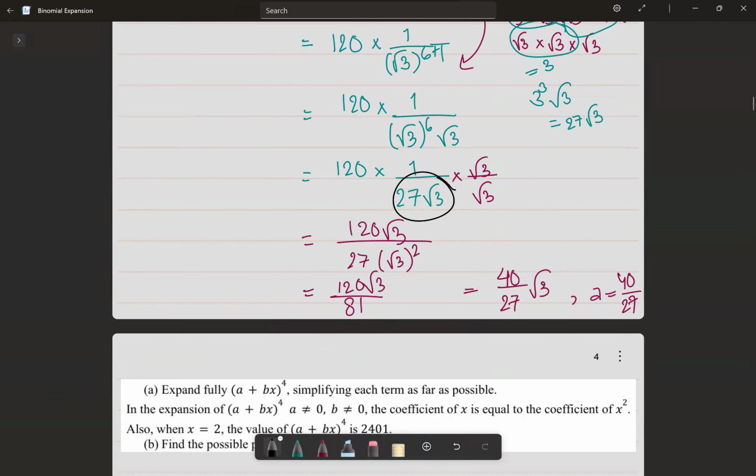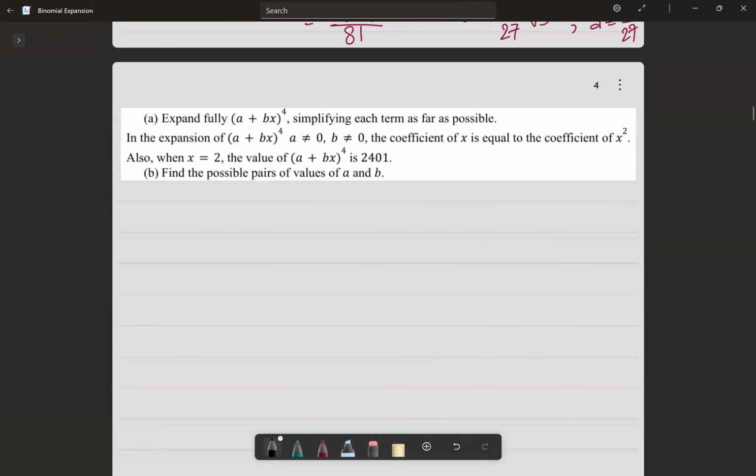Now let's take a look at another example. In here, we have to expand this term, simplifying each term as far as possible. Now, how do we simplify this one? First, we need to first expand it. So when we are expanding, we know the formula. So we have the formula of a plus bx to the power of 4. So our formula is,